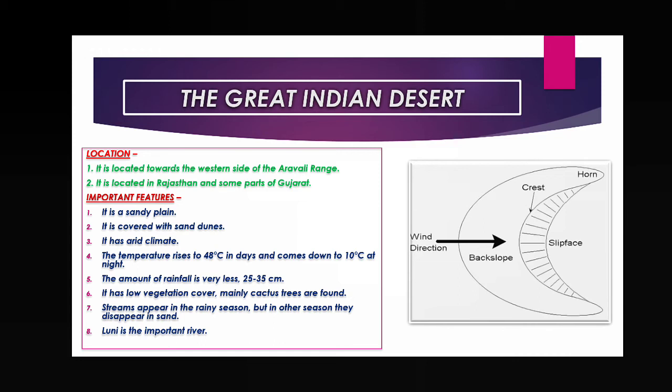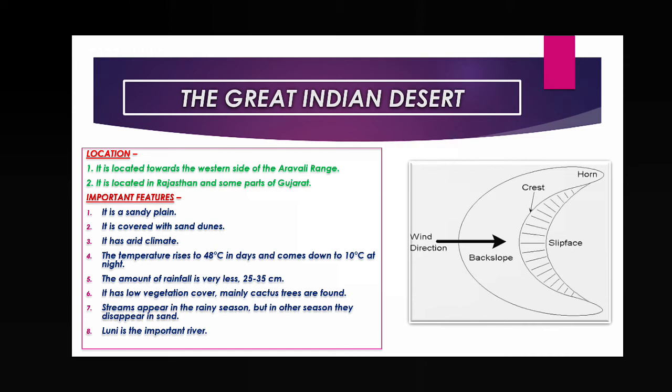That means on sea beaches we can also see them, but here we have to discuss the desert. So mainly in hot deserts we see this type of sand dunes, and these are depositional landforms. These are formed by the deposition of sand by wind, and they move from one place to another according to the direction of the wind.